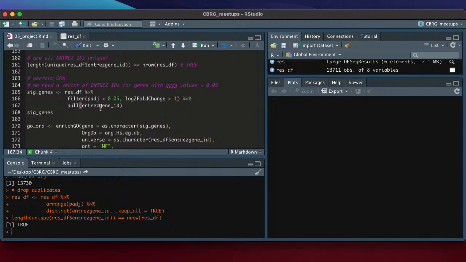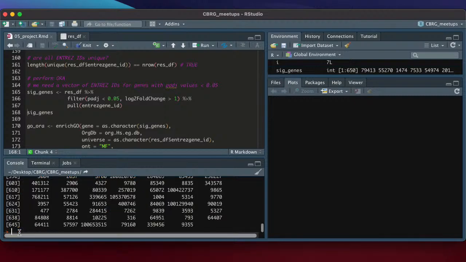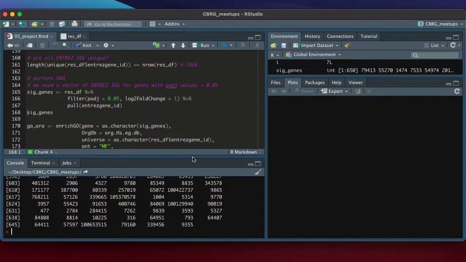So to do that, there's another really nice tidyverse function called pull. And pull, as the name suggests, just pulls all the values from the given named column. So if I do that and save it as an object called siggenes, and run siggenes in my console, I now see I don't have a data frame, I have a vector of integers.